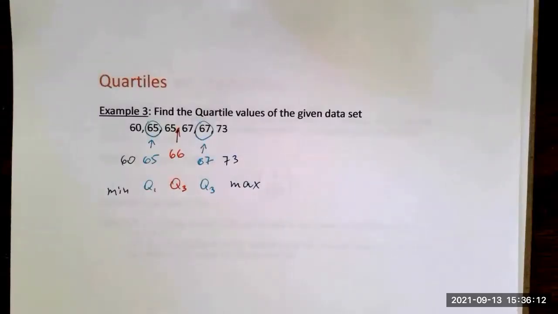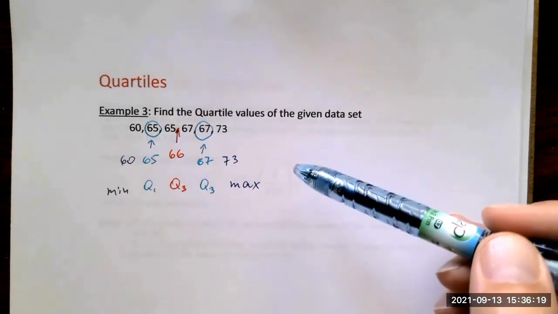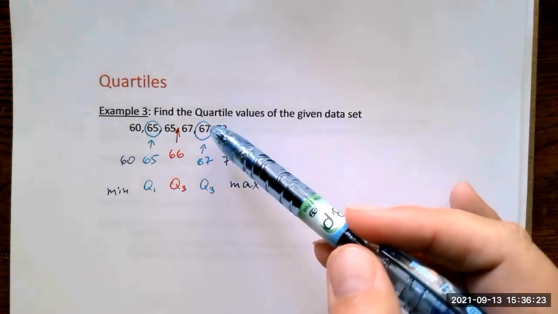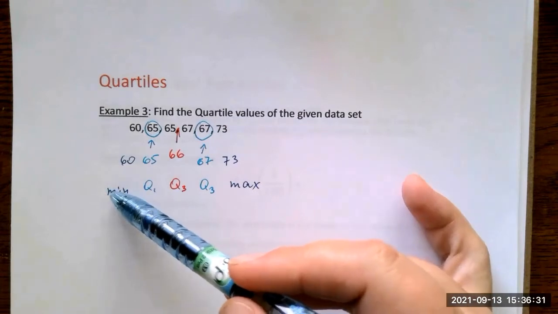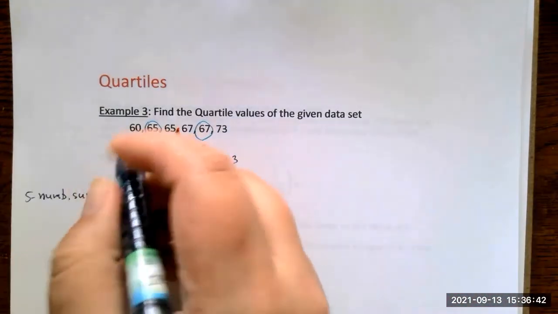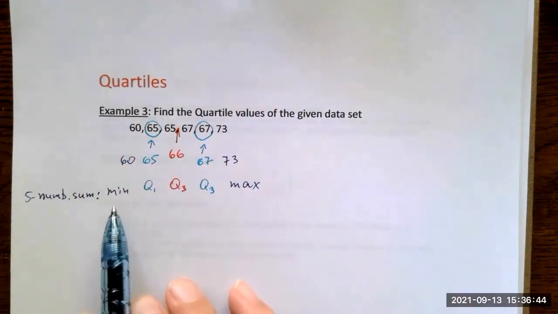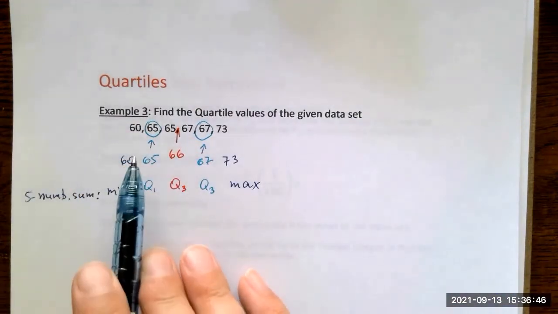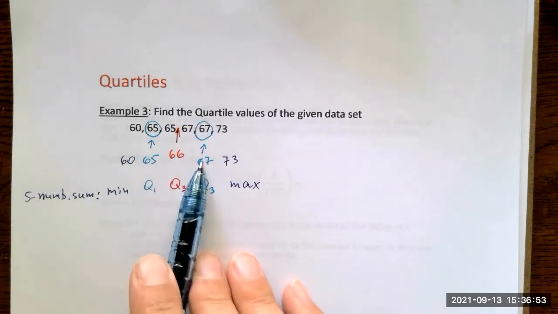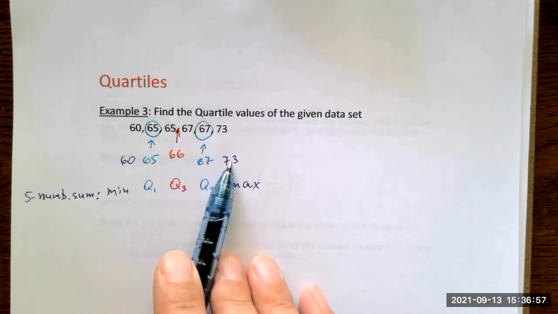All right, guys, in this video, we're going to be talking about quartiles and percentiles. I just want to start by reminding you that in the previous video, we were talking about quartiles. Basically, this is our five number summary of the data: the five numbers that consist of the minimum value, quartile 1, quartile 2 or median, quartile 3, and the maximum